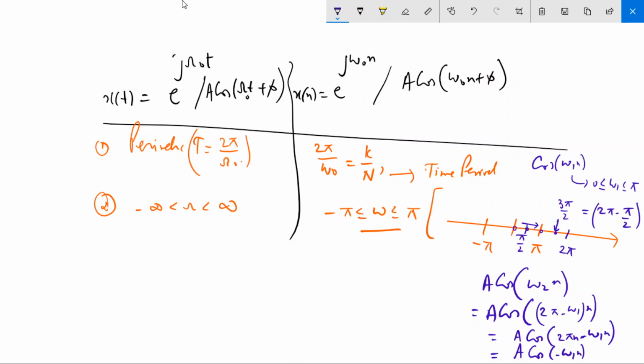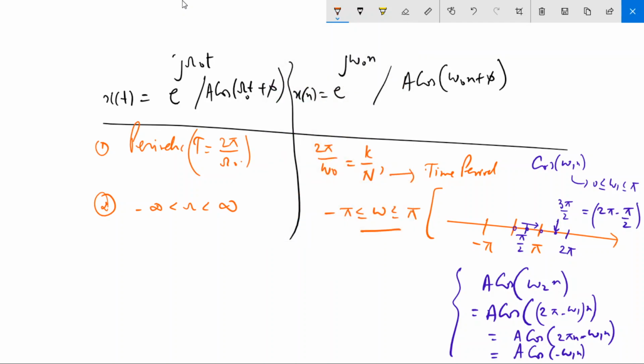Okay, so what we are basically getting here is a negative frequency, and since it is a cosine function, for the cosine function your positive and the negative frequencies give you the same signal. But if you take a sinusoidal function in the form of a sine function, you will get different frequencies. Okay, so this I think I need to clarify because you may get confused at this point. Okay, and then the third